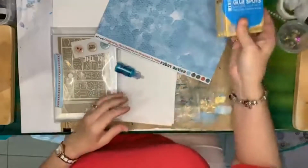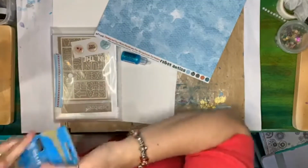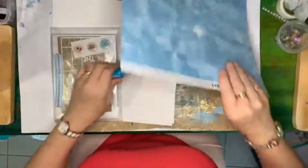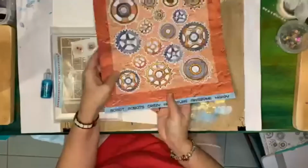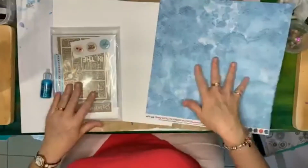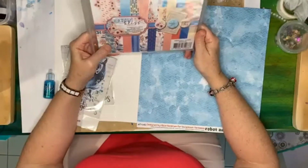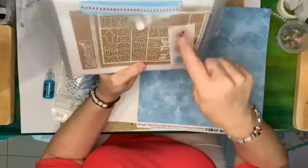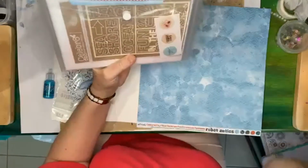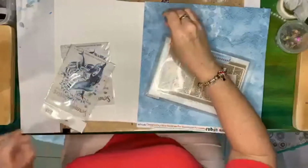Okay. Oh, there's some flare buttons. They go over in that tub over there, a flare button production box. So I've got a piece of paper number 6, which looks on the back. I have got an Ocean Bliss mini pack with epoxy dots. Not poxy dots, epoxy dots. I've got a bottle of Stickles